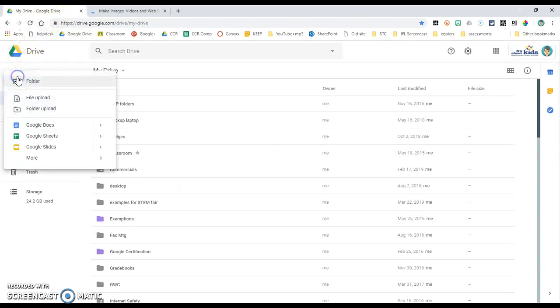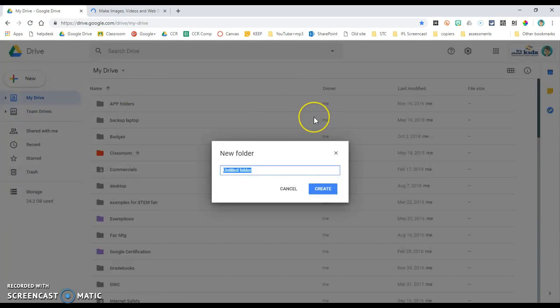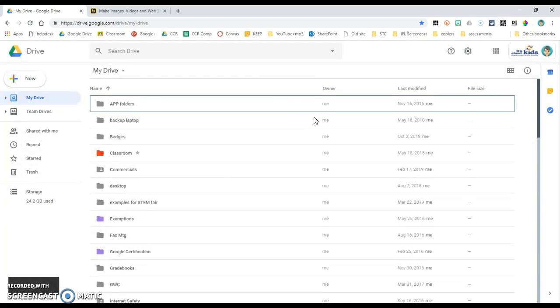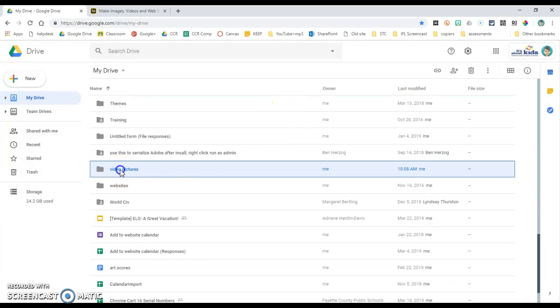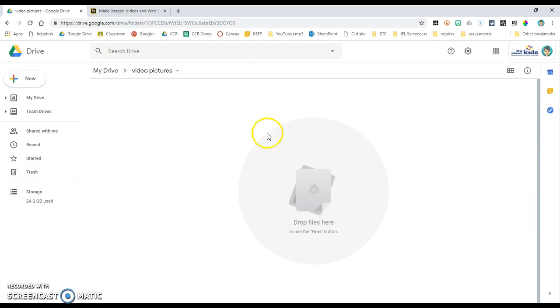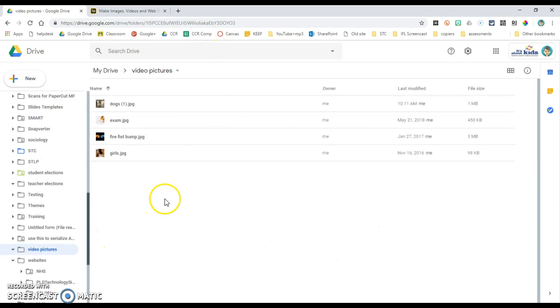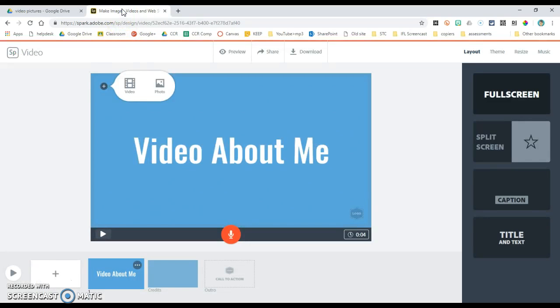Now you should already in your Google Drive have created a new folder with video pictures or whatever you want to call it, and any pictures or videos or anything that you have saved, you drop in there that you want to save there. Okay, so I have 4 pictures saved in here, so I go back over to my